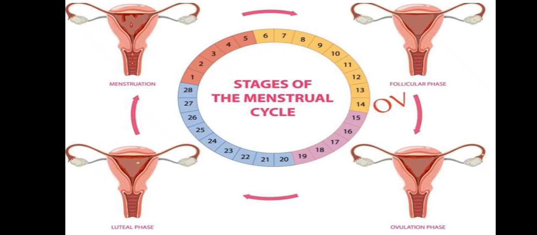So you've seen that from day 1 to day 5, as the uterus lining was being shed off, in the ovarian cycle, the egg started maturing. Then in the uterus, there was just menstruation. From day 6 to day 14, the lining of the uterus started growing back again. And the ovaries just kept on maturing this egg, such that by the time it's day 14,